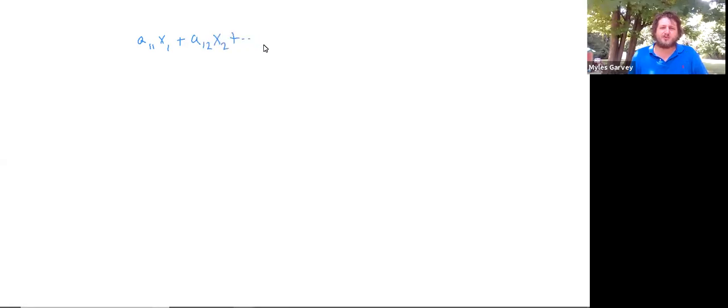x2, and we have n variables. Okay, and suppose that equals some number on the right hand side, b1, where the first number here represents the equation, the second number here represents the variable of interest. So we have m of these equations until we get down to the last one, am1 x1 plus am2 x2